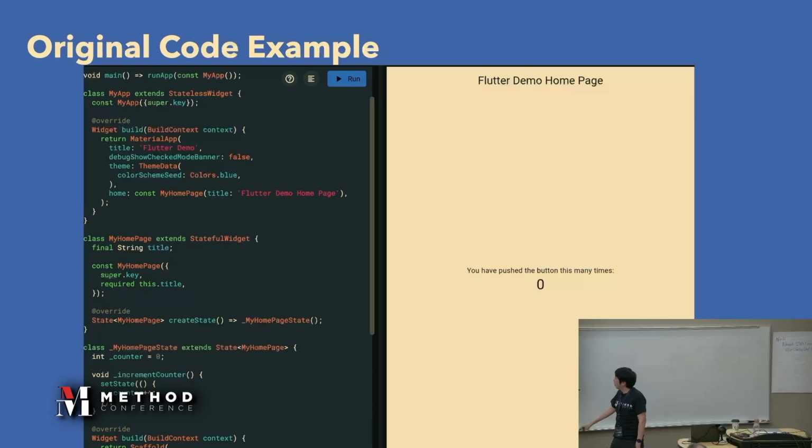And after pushing this plus button twice, the counter must be 2. This is a simple test case. But to provide this test case, we have to write the test code. It takes some time, so I'd like to cut down this time using generative AI.